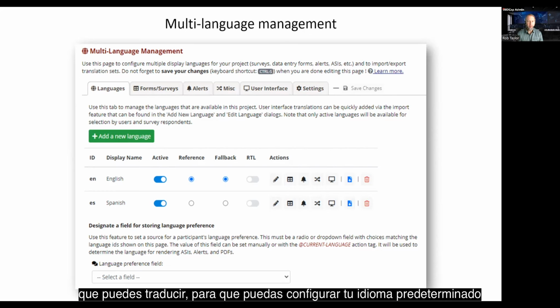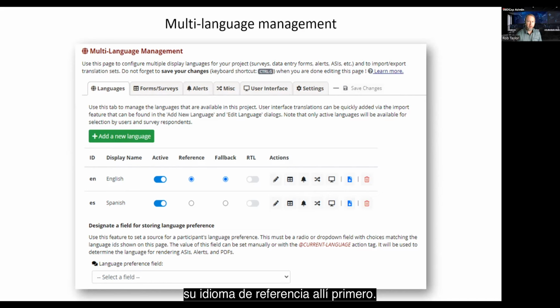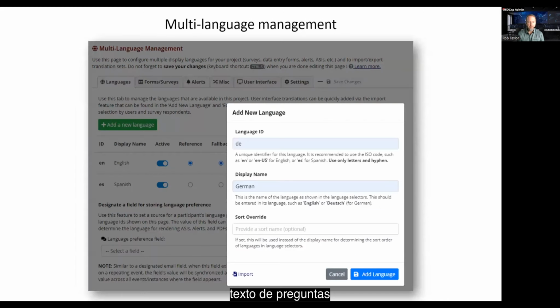So you want to set up your default language, your reference language, first, and that's going to be the language that you've already defined your fields and your questions in. That could be English, that could be Spanish, it could be any language actually. And then you go and you add all these other languages that you want to translate the default language into. You can even translate all the question text,